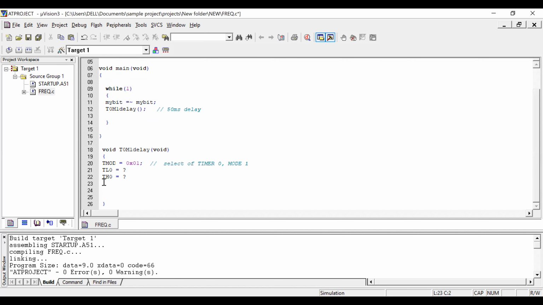After that, you can start running your timer by placing 1 in the TR0 bit in the TCON register. You can represent it as 1 to start timer 0. Start timer, check whether timer flag 0 is 1 or not.